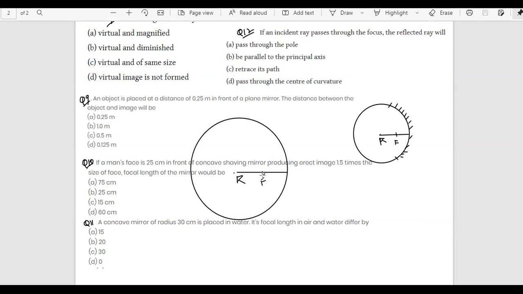You know that this distance is greater than that distance, so this focal length is greater. And if you assume that this is a mirror,